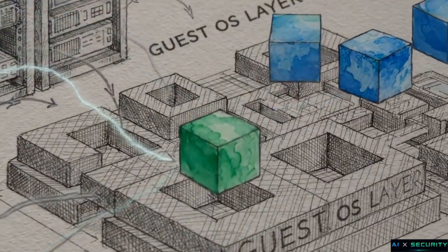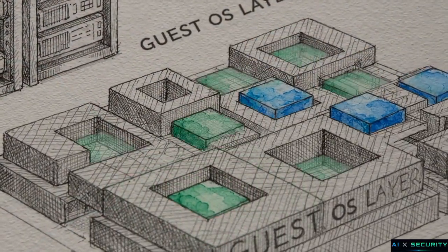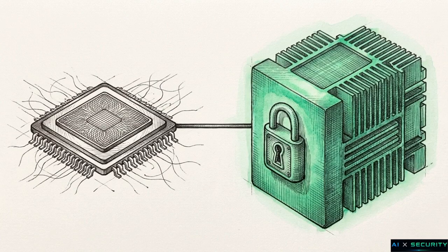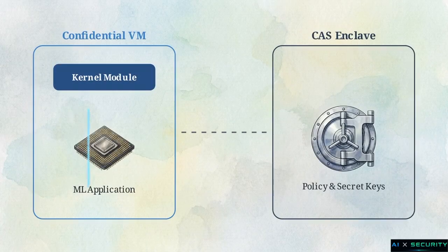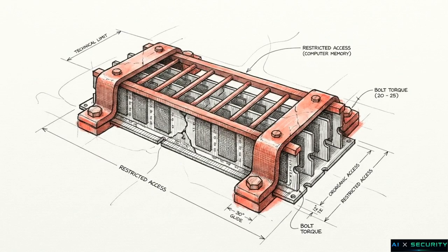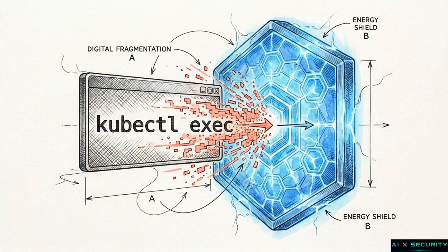By pulling the keys out of the cloud environment entirely, a compromised guest OS no longer grants an attacker access to the actual data. The verification starts at the hardware level. During the initial boot sequence, the physical hardware measures the CVM firmware and the guest operating system to ensure they haven't been tampered with. As part of that process, a custom EnclaveX kernel module is injected directly into the guest OS. Concurrently, the GPU driver queries the attached NVIDIA hardware, verifying the cryptographic state of the confidential GPUs.